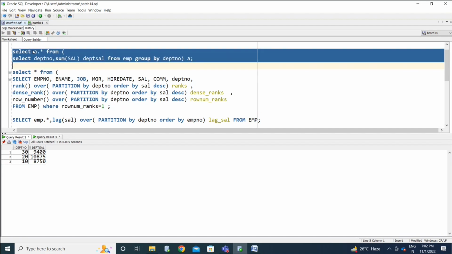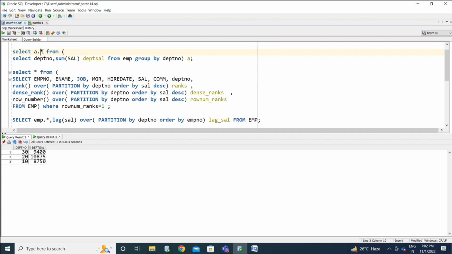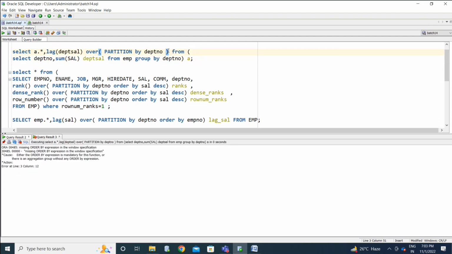A dot star. I'm using the derived column. See, I don't want to mention all the column names, so I mention it simply like this. So now the columns we have, order by